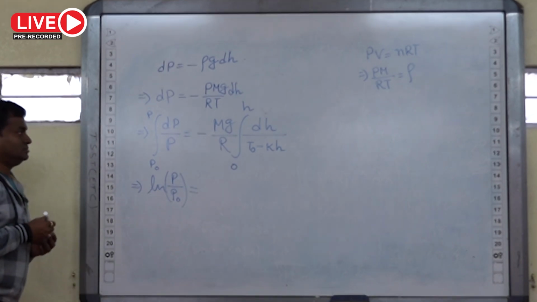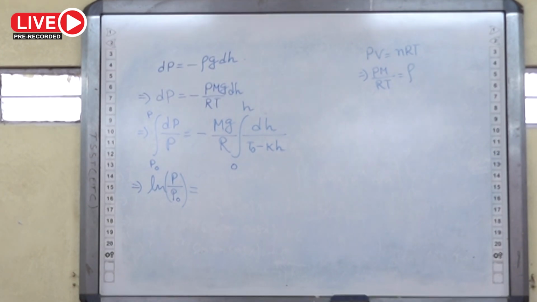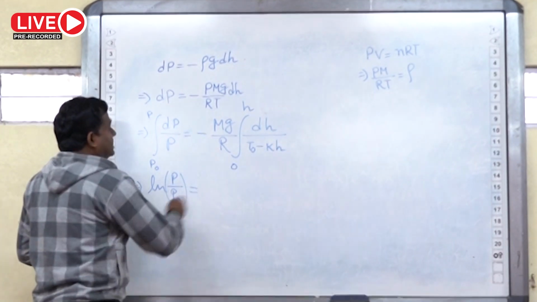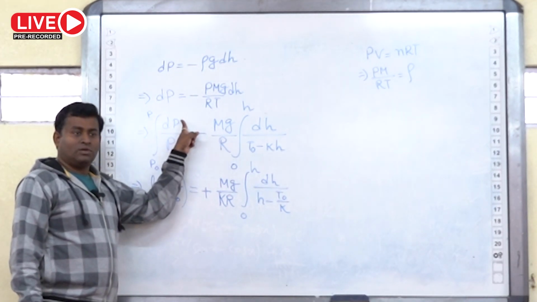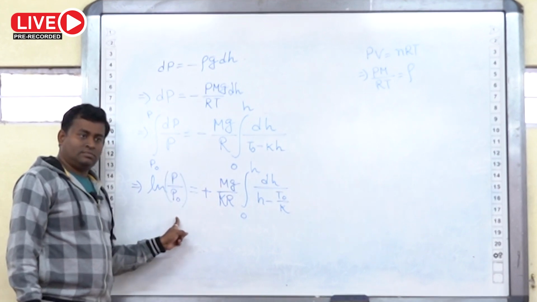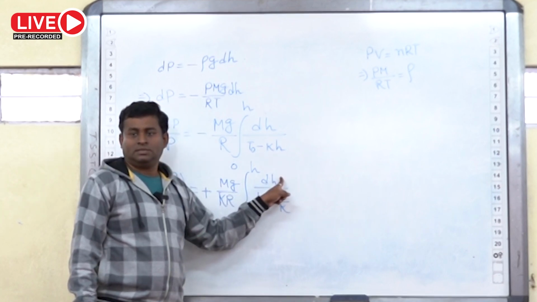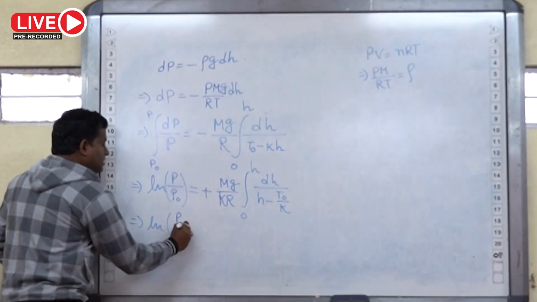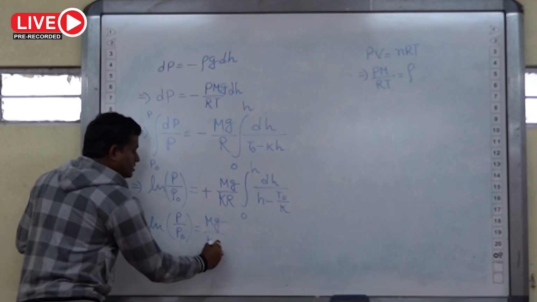And for this integral, take minus k common and take the derivative of this part; the differential coefficient is coming in the numerator, so it will be a logarithm. So log of P by P naught equals mg by kR